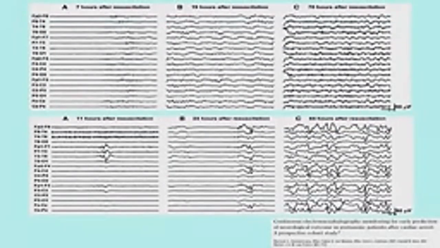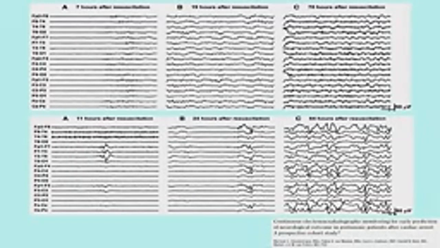And so here's an example from the literature showing that kind of what I showed you in rats, which is that it's not just, is there burst suppression? Yes, no. It's how did that EEG evolve during the very early period after cardiac arrest. So this patient up here who had a good outcome, 7 hours after the injury, it has burst suppression, but by 19 hours, it's all continuous. And by 70 hours, it's not just continuous, but reactive and highly variable, right? So the patient had burst suppression early on, but quickly moved out of that into a continuous EEG pattern that